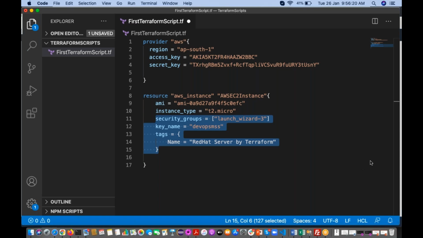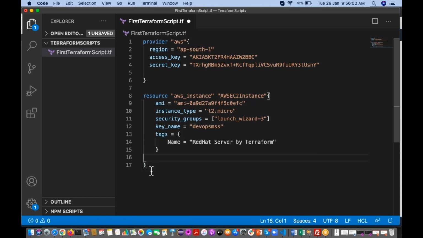Is it possible to create a security group through Terraform? Yes. In the next session, I am going to do that. It is possible. Guys, whatever you do through the GUI, we can achieve through Terraform scripts. It is possible, for Ramesh's question and Sunil's question. They're asking the same question: is it possible to create security groups through Terraform? Yes. In the next session, I'm going to cover that. Okay.